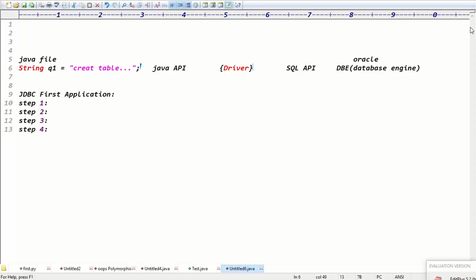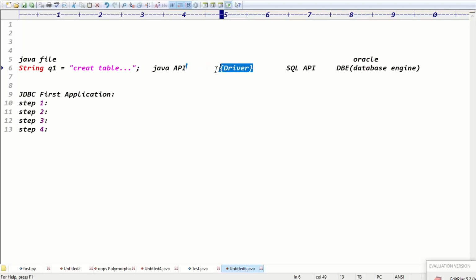What is the driver? We are writing the queries at Java side using Java syntaxes, but these queries will be executed by the DB, the database engine. But the database requires Oracle syntaxes. That's why we require one translator who translates your Java syntaxes into Oracle syntaxes, right? The translator is nothing but a driver, guys. Guys, are you clear now? The translator is nothing but a driver. So before providing the communication between the Java application and the database, first of all, we have to load this driver, or not.